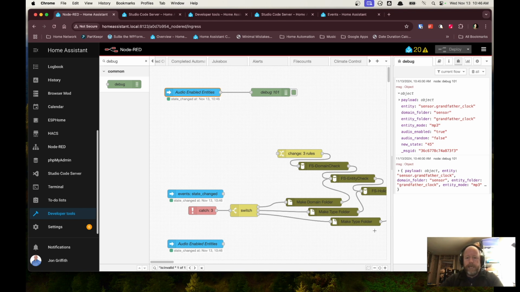But this routine right here, this automation, is designed to create a folder structure underneath one of your shared folders on your network attached storage, or in your configuration for this entity, so that you have a place to put the audio files so that they can play. And I'll go through that in depth in another video